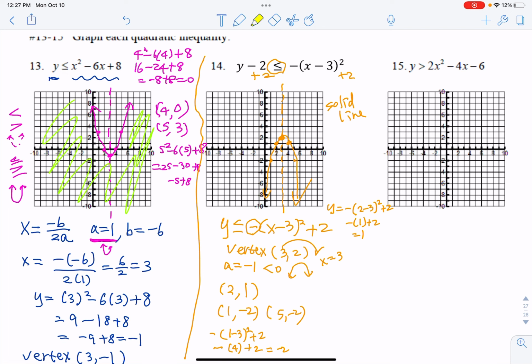And then we have to shade the parts where y is less than or equal to the graph of the quadratic. Less than means below the graph, so it's inside here for the below parts. And then this one, this time